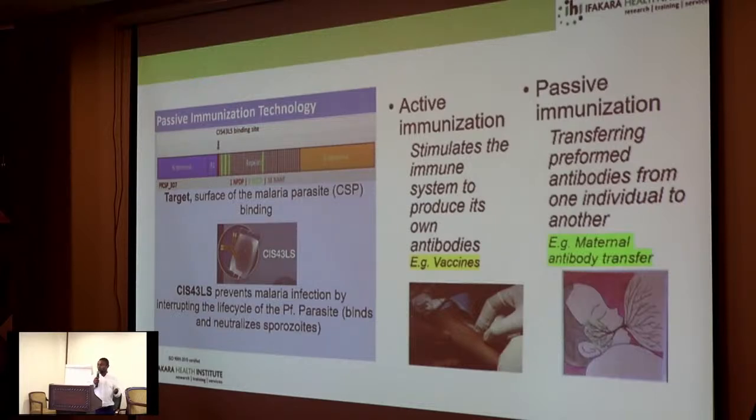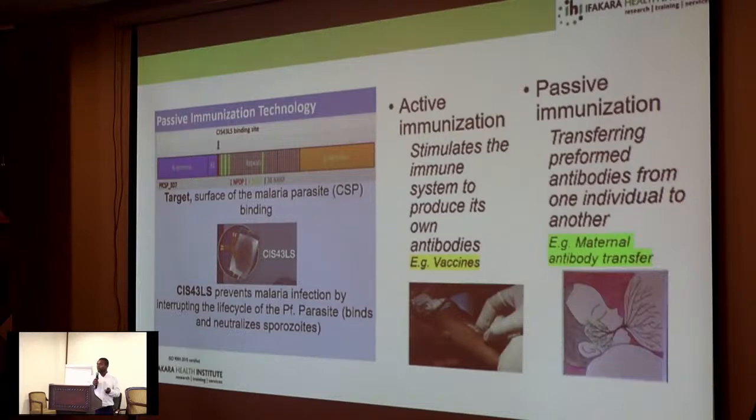The monoclonal antibody technology means that we use monoclonal cells in order to produce these antibodies, and they are administered by injection to you. So this is basically the other version of immunization. This is what we call passive immunization. If you get a vaccine, this is called